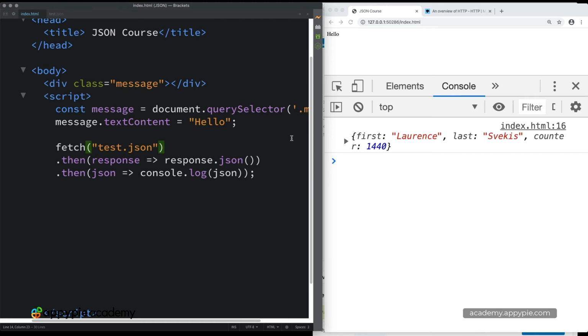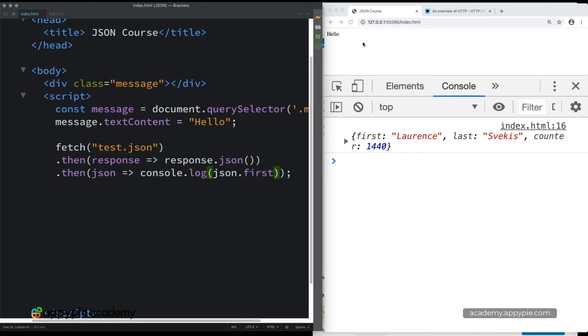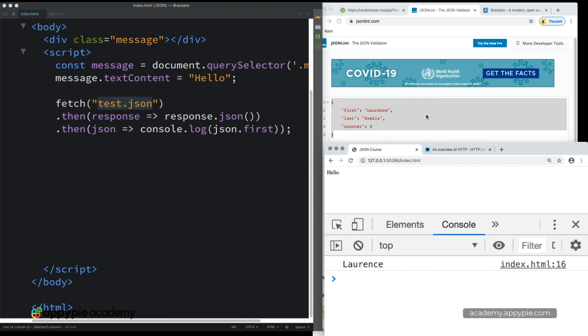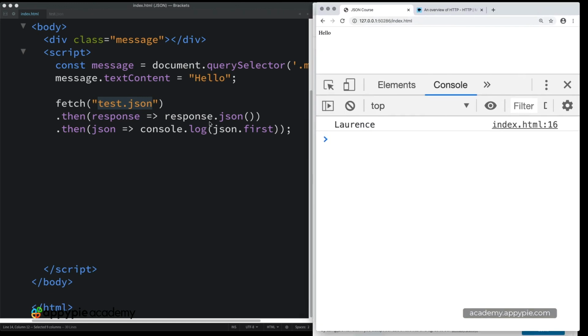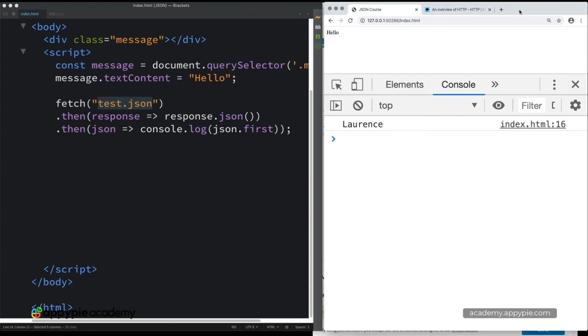And once we can pull it in, that means we can make use of it. Because fetch is already converting it into a JavaScript object, we can right off the bat take the JSON and use it right away, and we can extract the contents of it. So make sure that you are able to access your JSON file, that it is also proper JSON structure in order to access it properly. And using fetch, request the JSON file, output it into the console, and you can be ready to move on